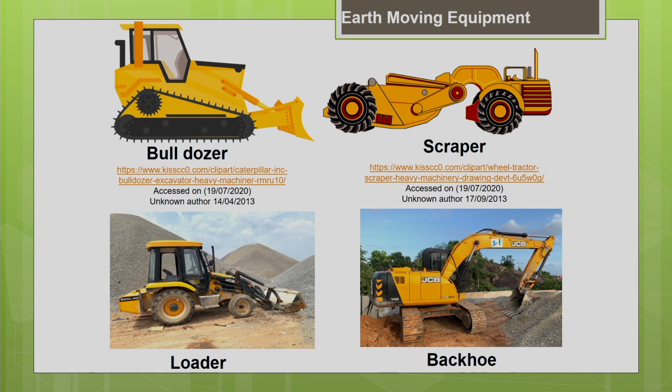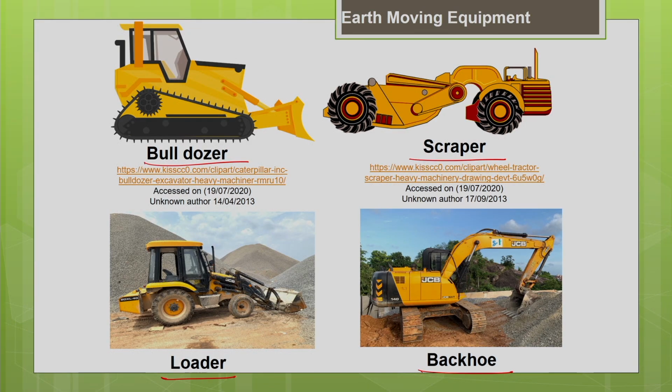Let us look into the earth moving equipments which are commonly used for earth moving operations. You can see this bulldozer, this is the scraper, this is the loader, the front end loader, and this is the backhoe, which we call an excavator. Which equipment we need to select depends upon your project requirements. We discussed the factors influencing the selection of equipment in lecture 1. Hope you remember. So, let us have a small recap of what we discussed from the earth moving perspective.